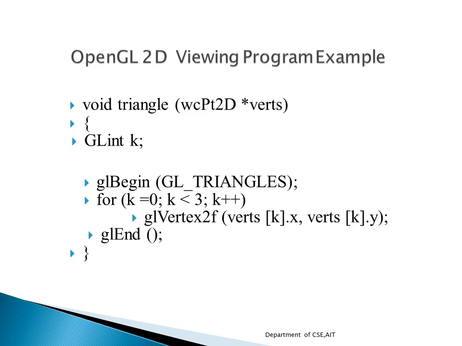So every time I am going to call the GL vertex, you will see that a point will be marked. And because I have given the geometric primitive here as GL triangles, now what is going to happen? All these 3 points are going to be joined together and it will make up one triangle. So this is a triangle function. This triangle function will be creating the triangle.